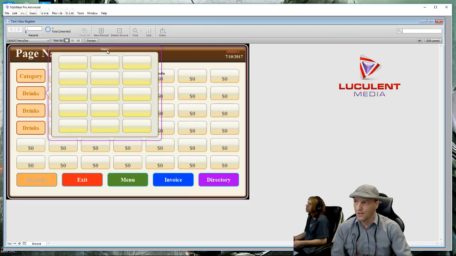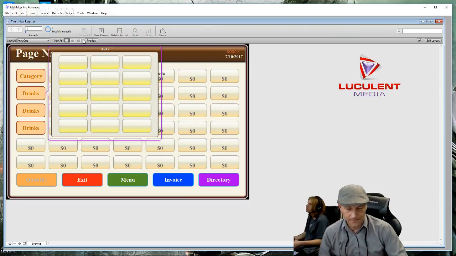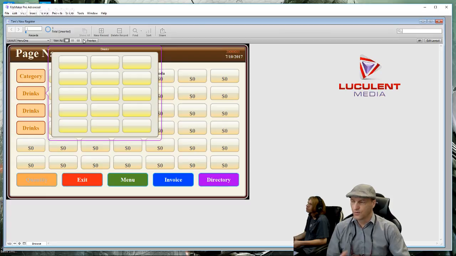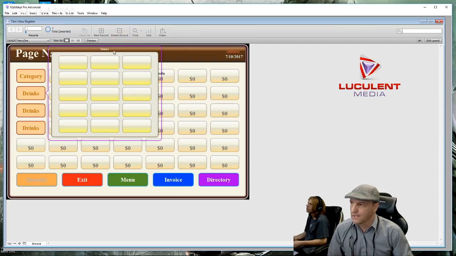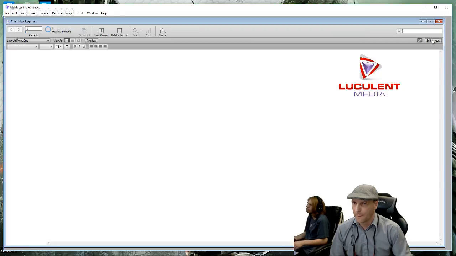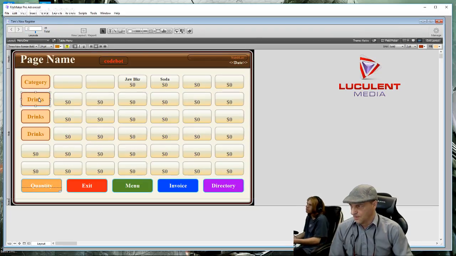But as you can tell, here it says drinks at the top. And that's really not what we want. We want to be able to visually know what window that is, like instantaneously. We don't want to have to mess with fine print. And one of the things I found is that this word drinks, which basically comes from, so if we edit the layout here and we double click on it,